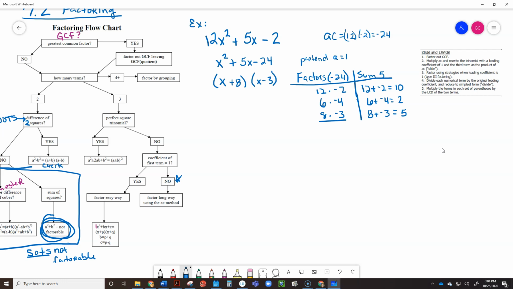But remember, these are the factors of this one. And this one was obtained by multiplying times 12. So what I have to do now is I have to divide. Since I have multiplied by 12, I now have to divide both of these by 12 to undo what I did. Okay, so